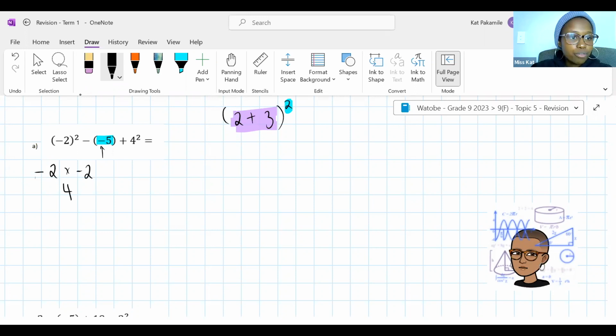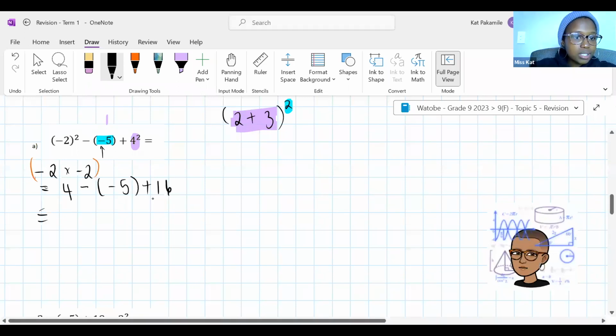Beautiful. Minus, I'm going to leave this alone. Plus, we have another exponent over here. Tell me what is 4 squared? Equals. That's what my answer is. This is just to help you work out. What's 4 squared? And 4 can't be the only person who knows how much 4 squared is. There we go, guys. So 4 squared is 16. Okay, equals. So now we've dealt with brackets and exponents.